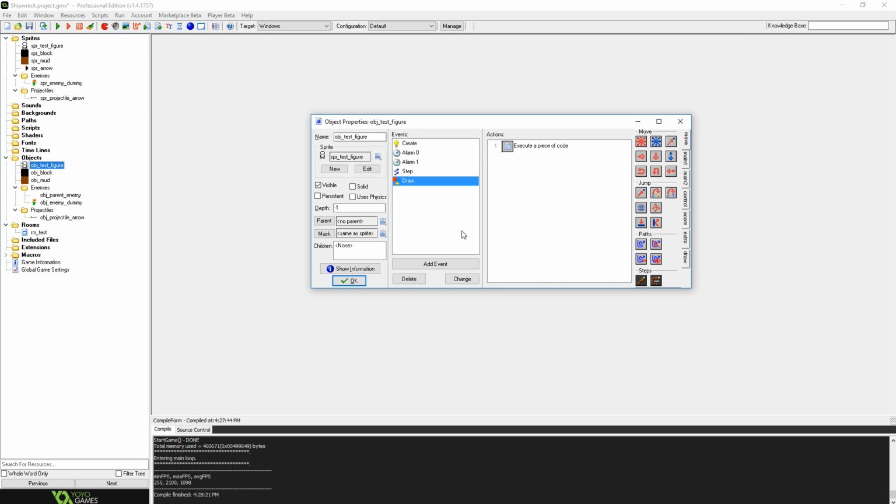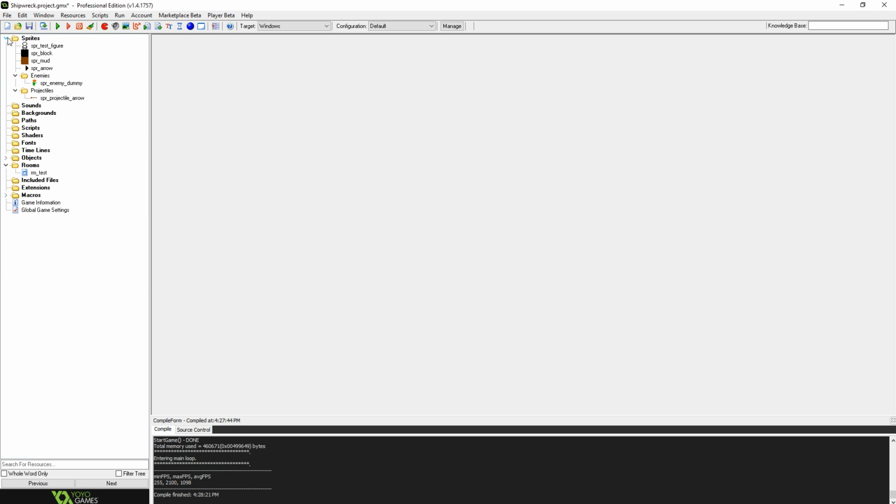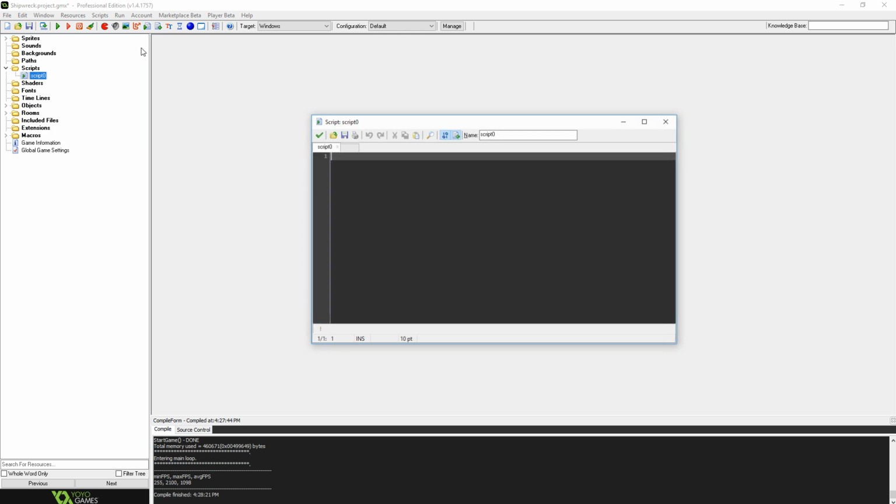You know what we could do? Instead of making it something that happens like that, we could make this our own function. So, up until now, I have never used the script system for this project. So let me show you exactly how this works. The script system is essentially GameMaker's own way of letting you build your own functions, or simply organizing code in some way that you want. So we're going to make this set find player center,